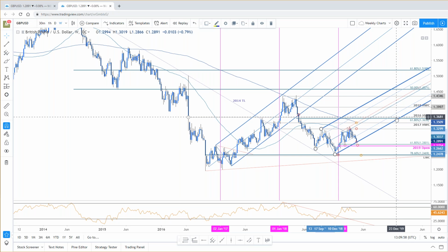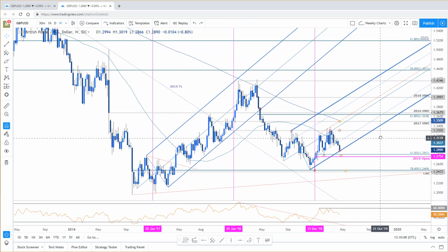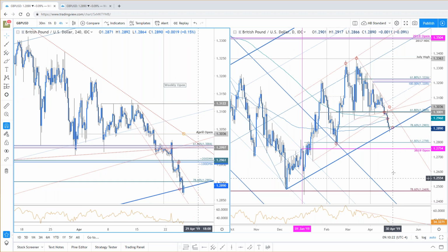But right now, as we speak, we're testing slope support. Plain and simple. Okay, we're testing slope support. Beyond here, you're looking for 28, you're looking for 27.50. But right now, that's the risk. Sterling on the daily chart looks like this. Here's that same slope we were looking at on the intraday,